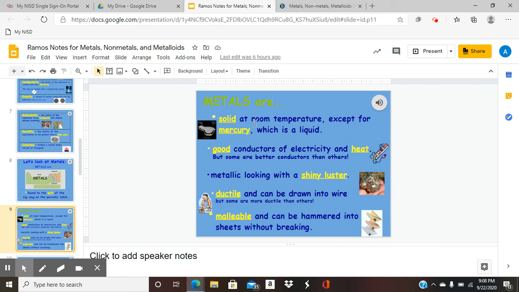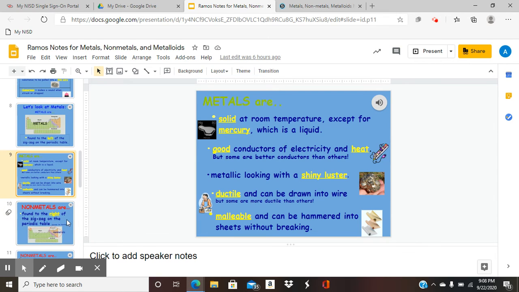But some are better conductors than others. They are metallic looking with a shiny luster. They are ductile, meaning they can be drawn into wire, but some are more ductile than others. And malleable: they can be hammered into sheets without breaking. So these are their physical